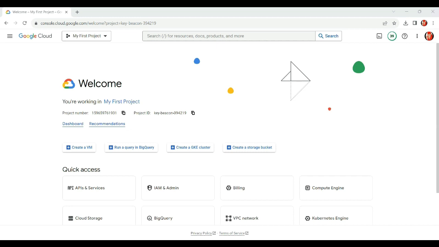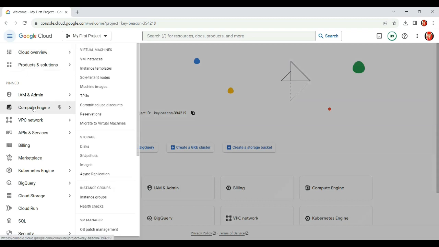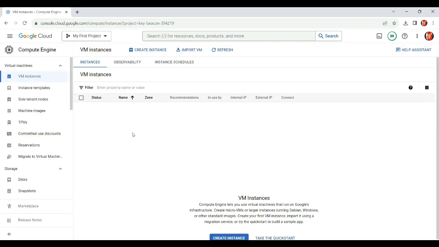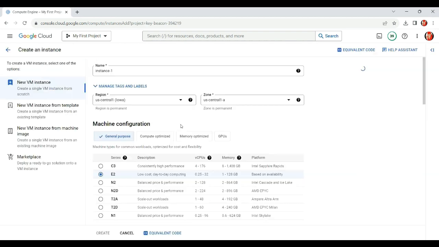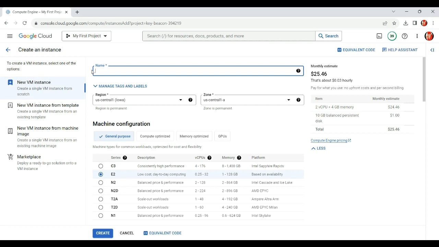Then in the GCP console, click on the navigation menu as you can see here. Then click on Compute Engine and wait a couple of seconds. Then click on the create instance button here. Now configure the new VM instance. As you can see here, I'll create two new VMs. First, I'll create the Apache web server. Then I'll create the Nginx web server VM. Now the name of the new VM as Apache